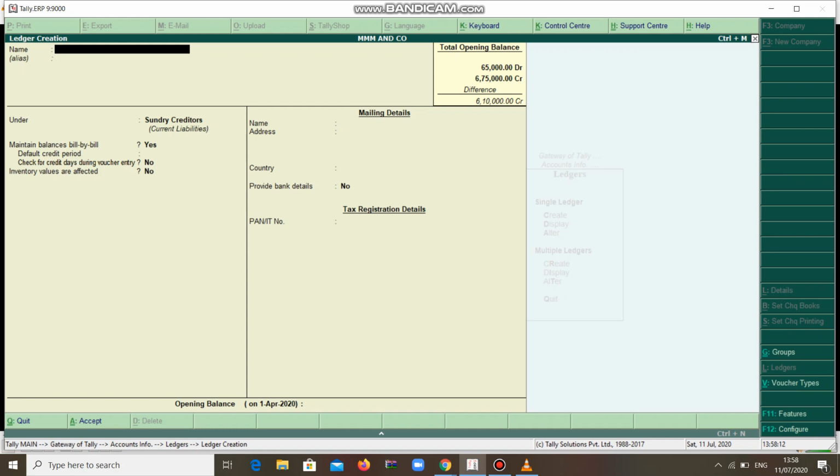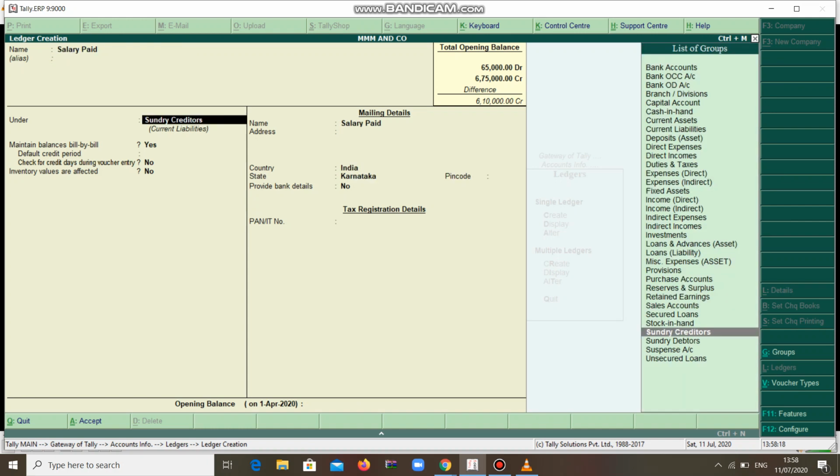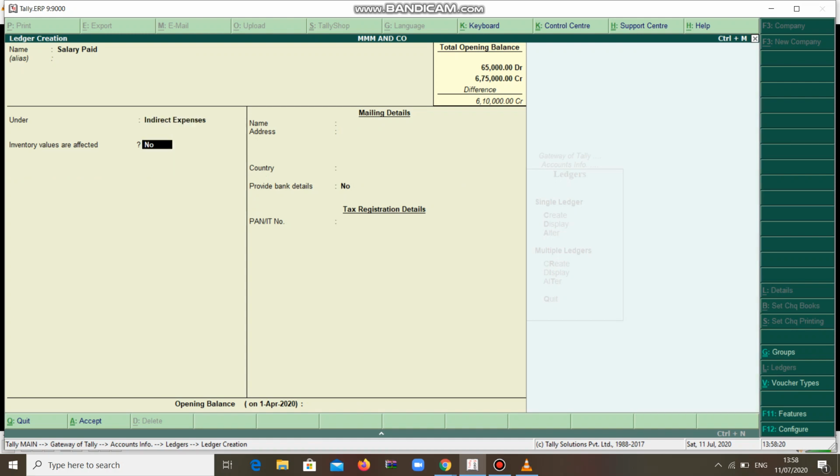Apart from that, we have to create the indirect expenses like salary paid, indirect expenses, amount 65,000. Next, rent paid, commission paid.